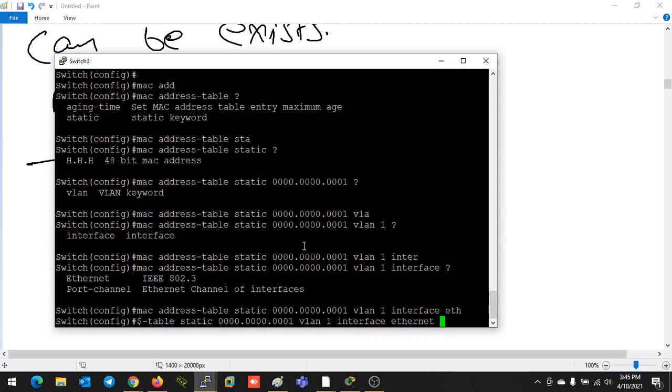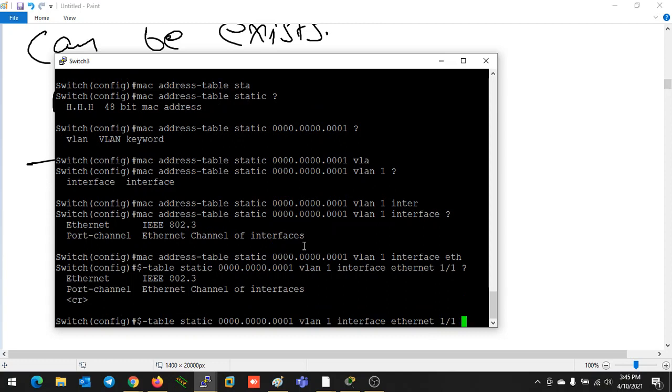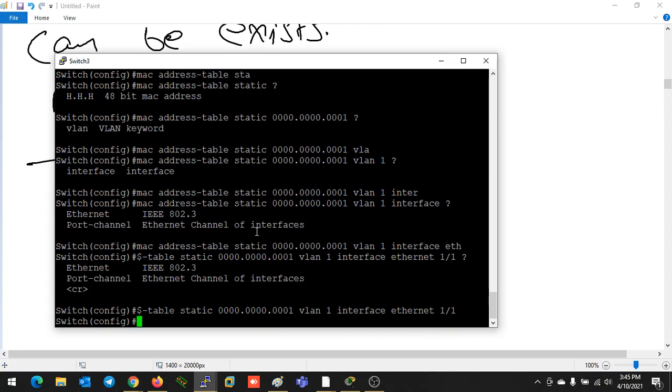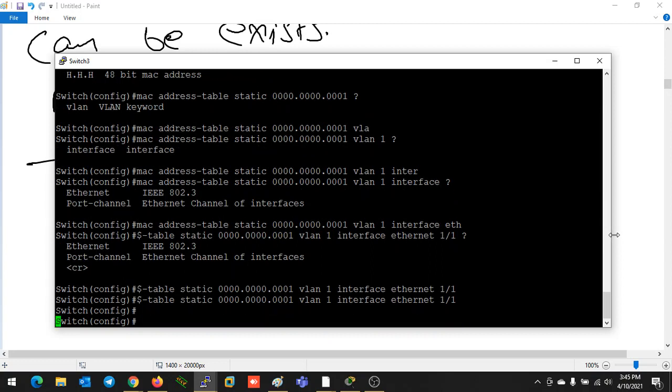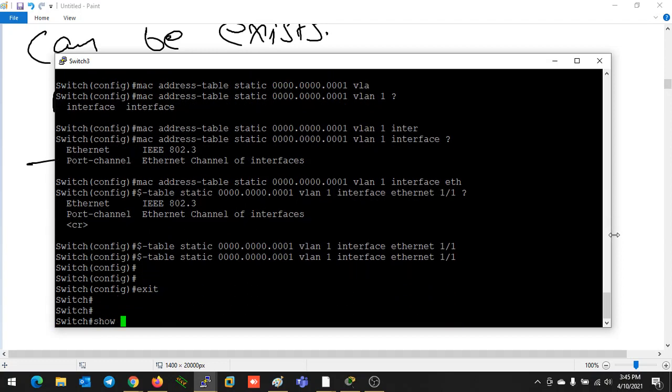For example, I am telling 1 by 1. This is the command: MAC address table static, then the MAC address, then the VLAN number, then the interface name and number.